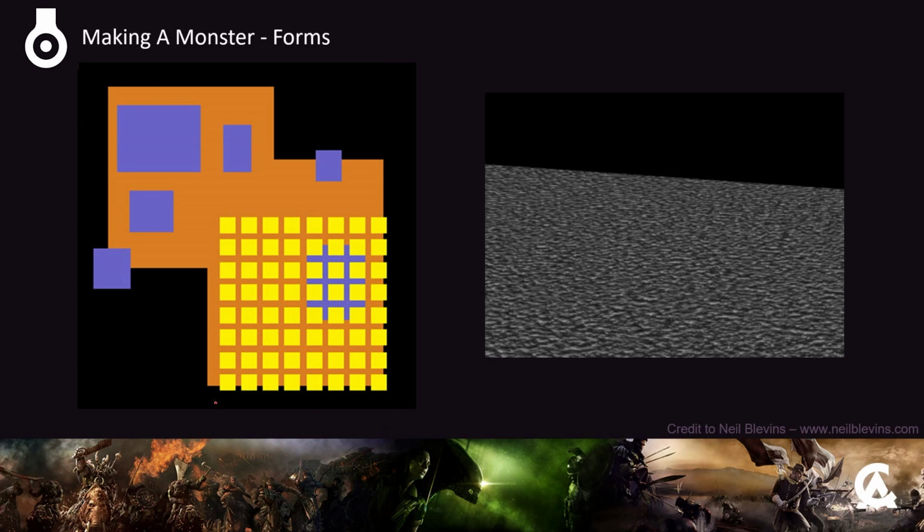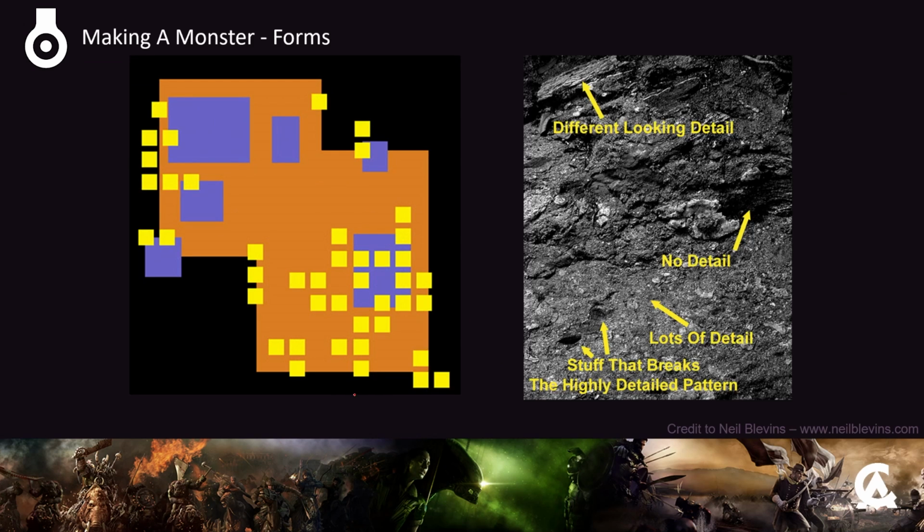There's nothing you can do about it. And this is kind of reminiscent of Gaussian noise. It's just unreadable. It's just a mess. It's not readable at all. It's just not great. But if we take this concept and arrange the forms, then we can create focal points and areas of rest. That's the main, very important thing: you need an area of rest.